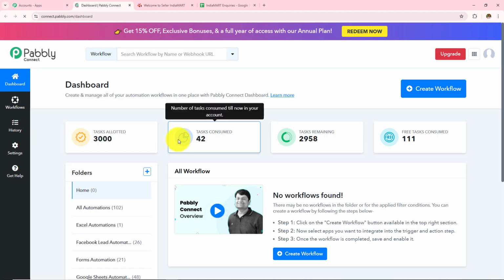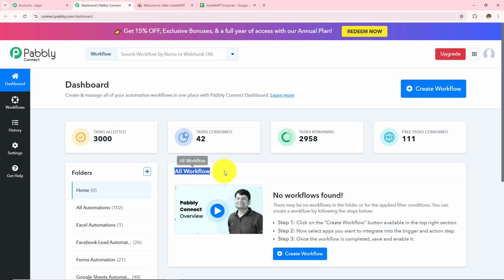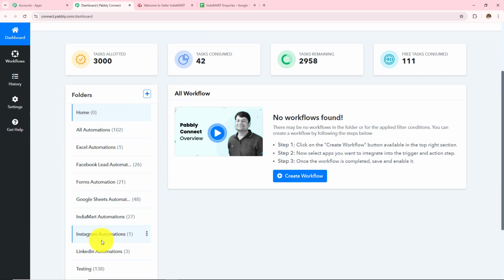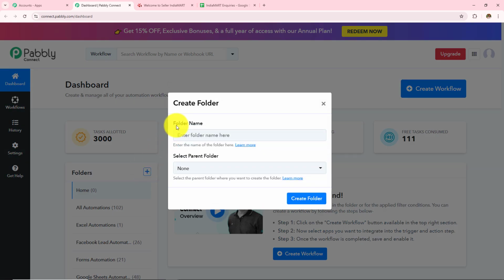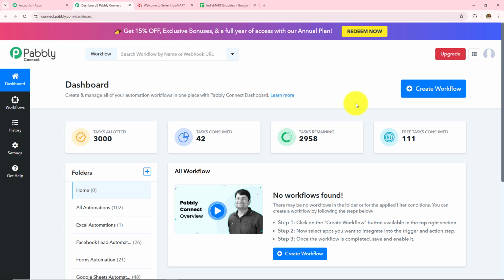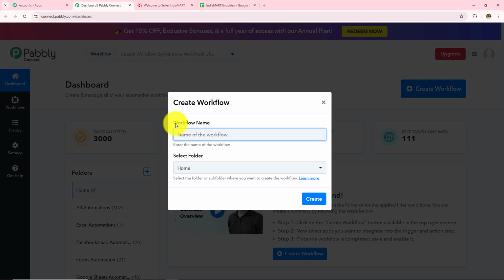And it has taken me to this dashboard where I will be able to find all my workflows over here and all the folders that I have created over here. If you want to create a new folder, you simply have to click on this plus icon, and from here you can create a new folder. For now, I want to create a new workflow, for which I need to click on this create workflow, and